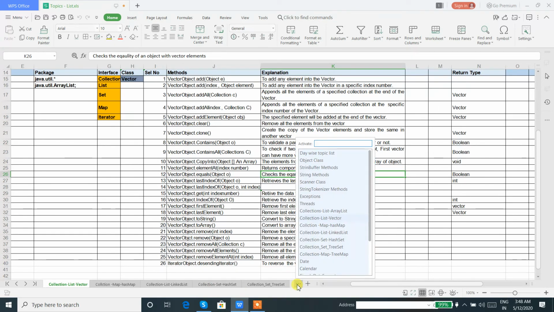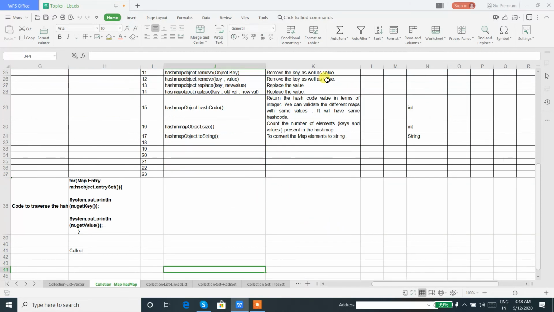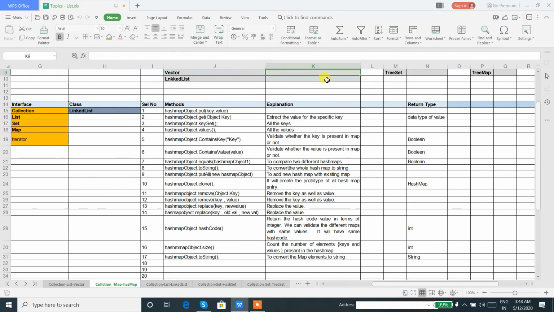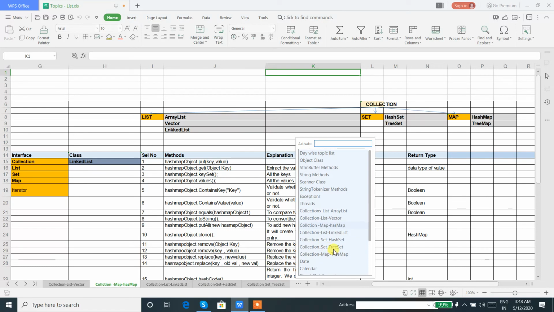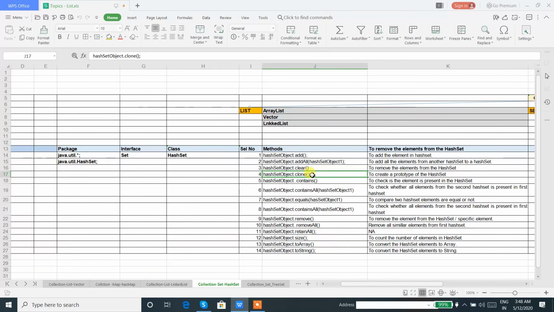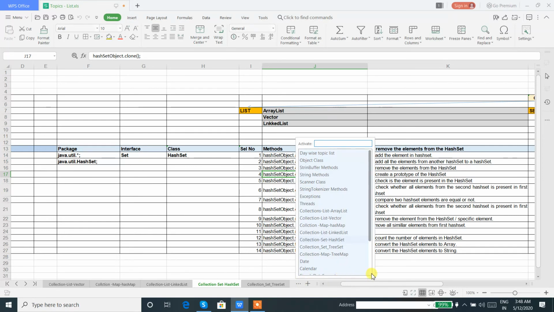And LinkedList also has been segregated into different methods. Likewise HashMap has been segregated into different methods. So each and every collection, then Set also, has been segregated into different methods. So these are all the things we need to complete with the scenarios.